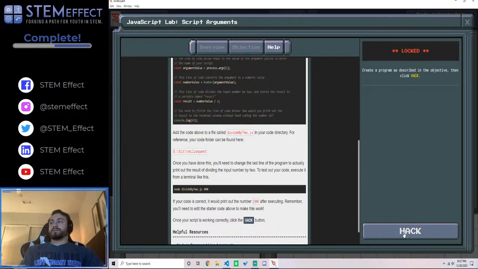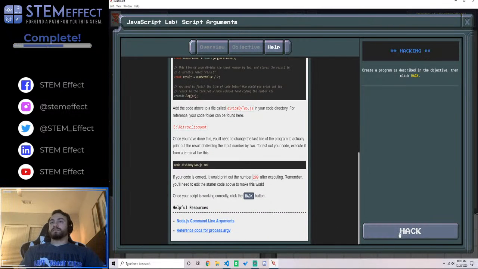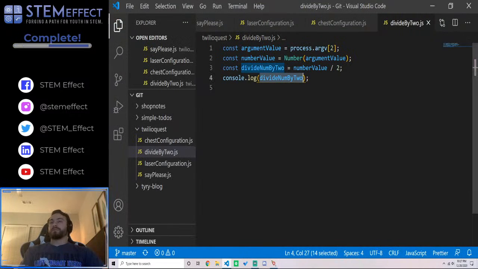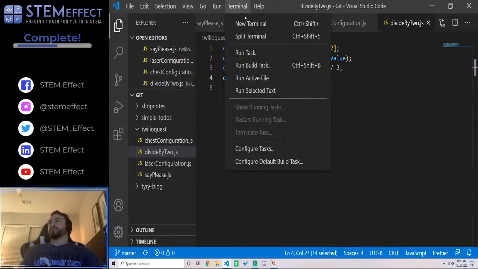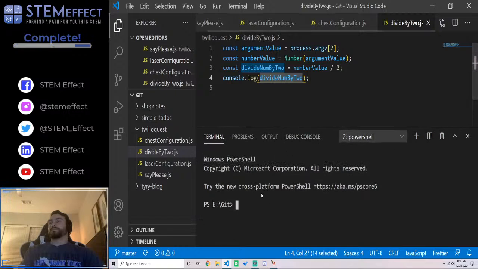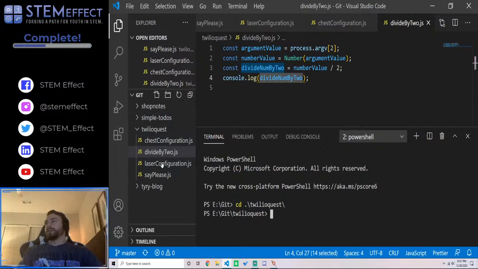So let's see if it works. I wonder how it'll test it. Oh, okay. Well, let's test it on our own here. So terminal, new terminal. So this is how we can test it. So we're in our TwilioQuest directory. So we're in our git TwilioQuest directory, and we can run any of these JavaScript files by saying